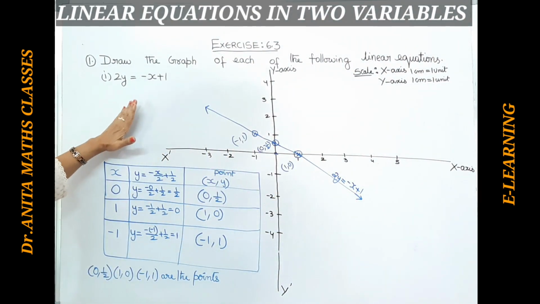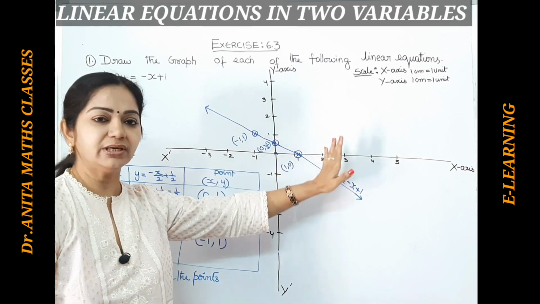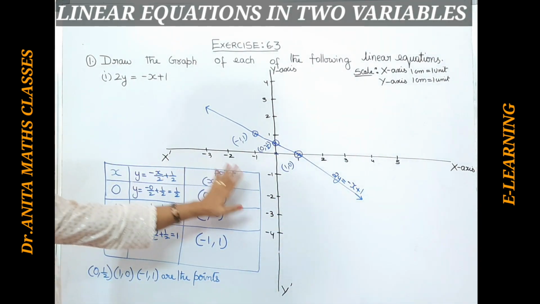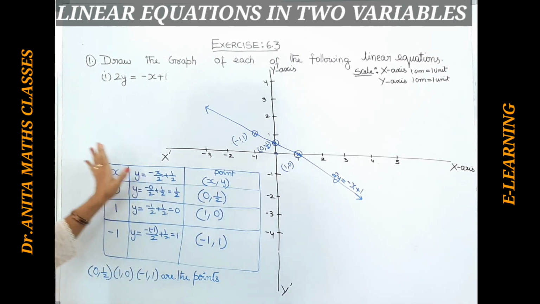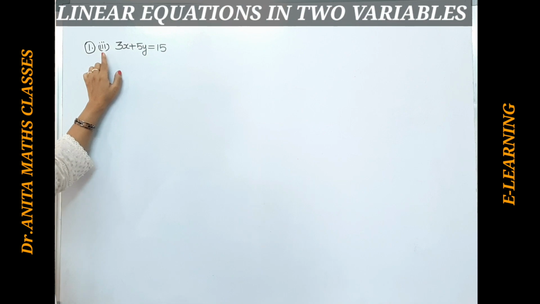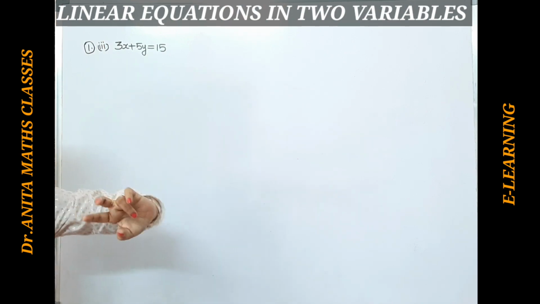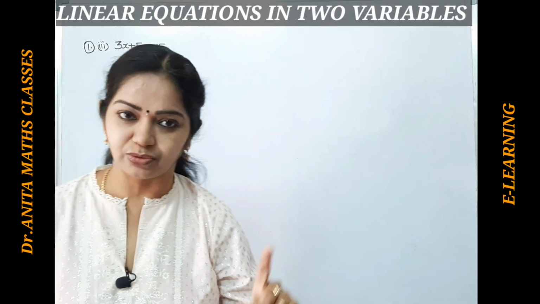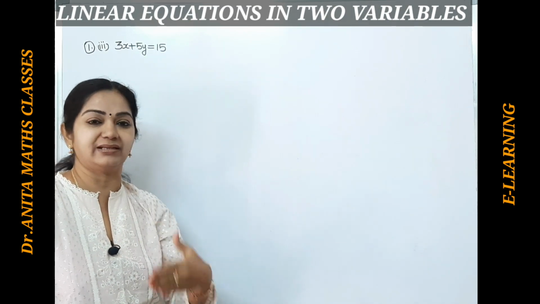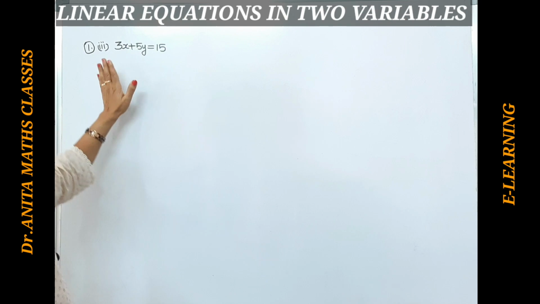Please pause the video and note it down. And one more thing here, do the graph with the pencil, and write this part in the other part. This is not there in the third quadrant. Write it because I am not having space. I have written the table here. Pause it and note it down. Now the third bit I have noted down. Second bit, do it for your practice, because if I go on doing all the bits, you have to practice in maths. So the second bit, take it for homework.